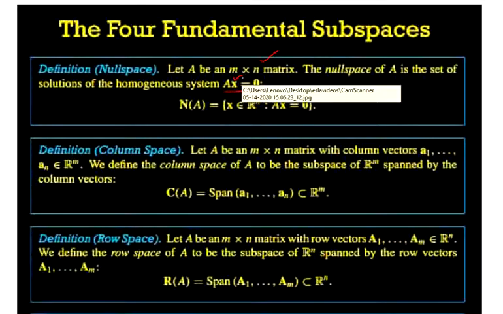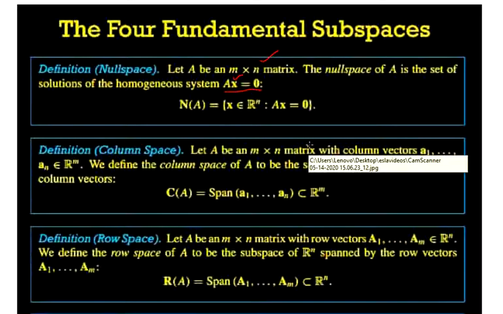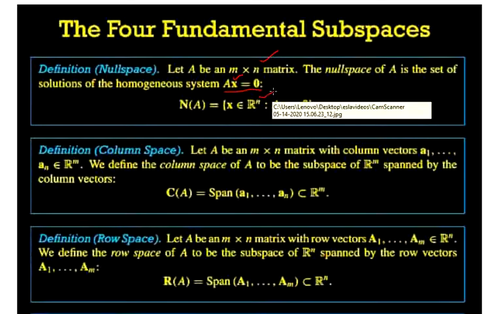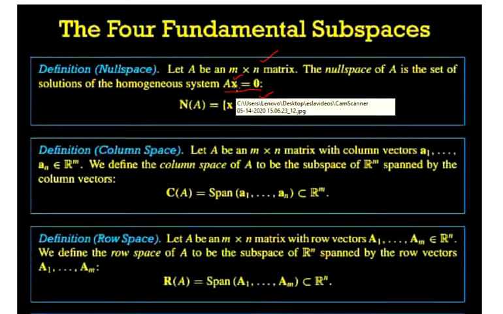It can be x, y, z. It can be x, y, z, u, v. It depends on the vector space. If it is R raised to n, then you will have n components in that column. So if it is three-dimensional, then it is x, y, z. You will get x, y, z in this x value.